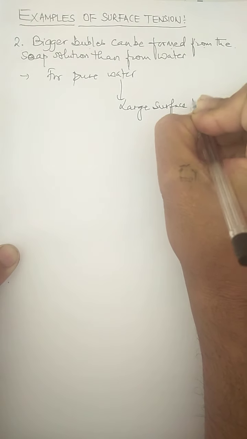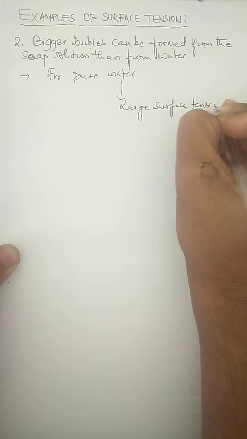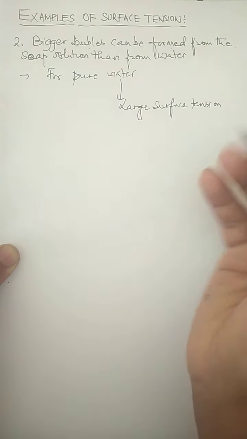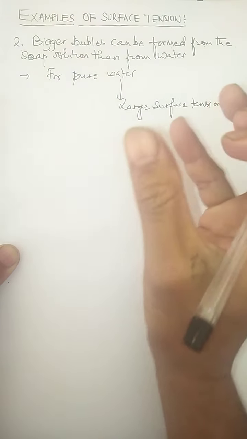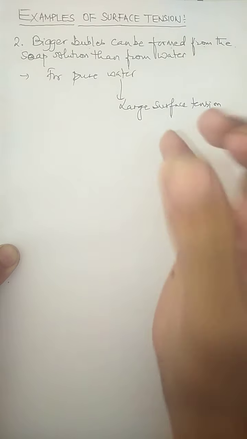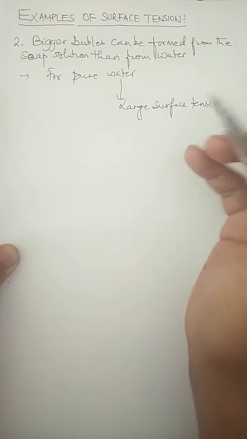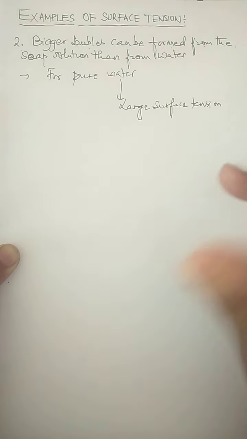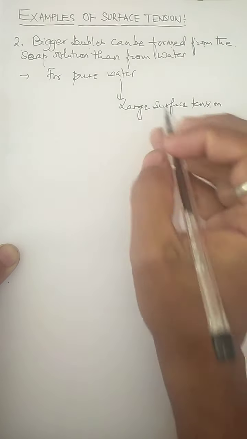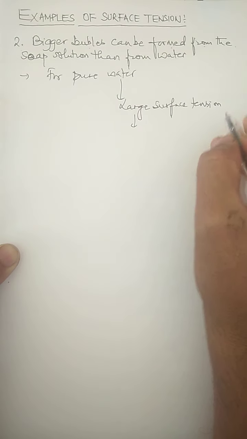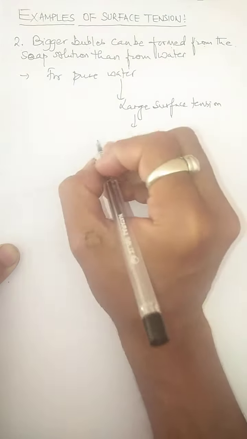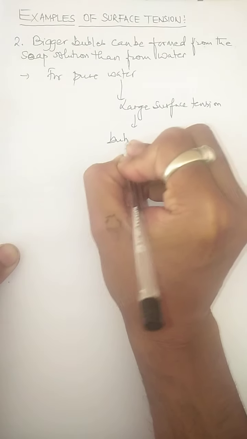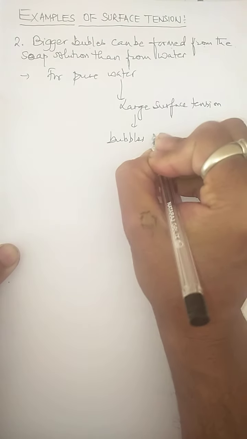So if a bubble is formed by pure water, it actually breaks at a very early stage due to the high surface tension of water, because when surface tension is exerted, it always acquires a minimum surface area. So due to the large surface tension of water, the bubble breaks